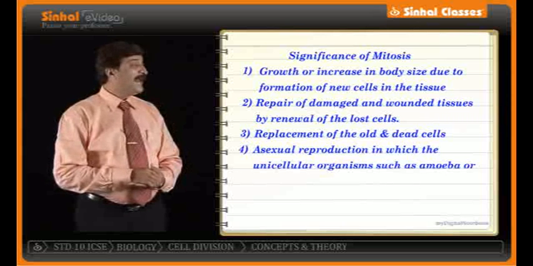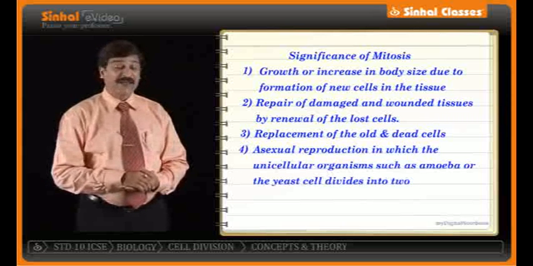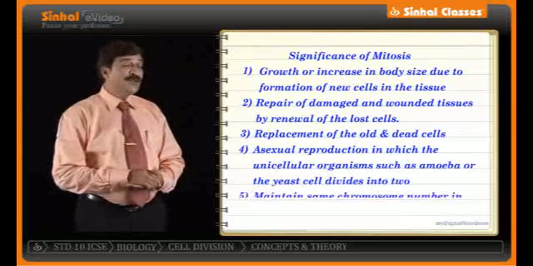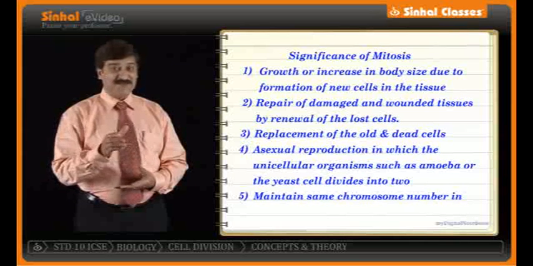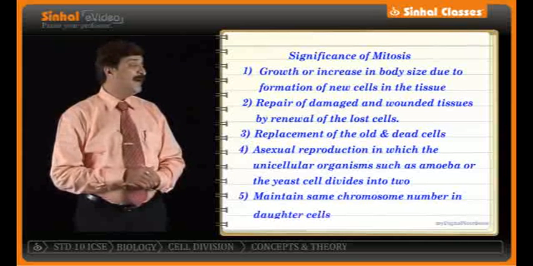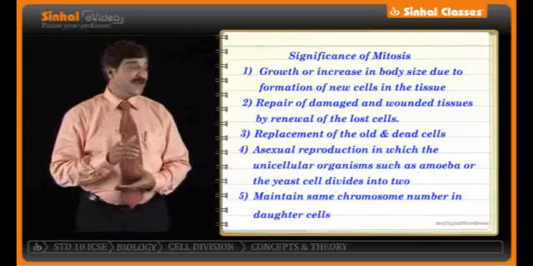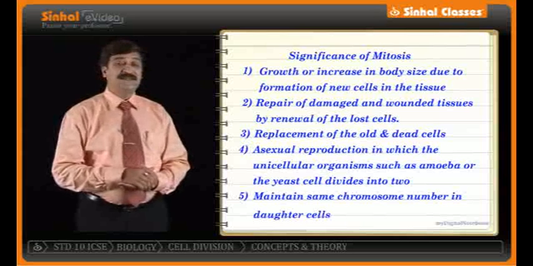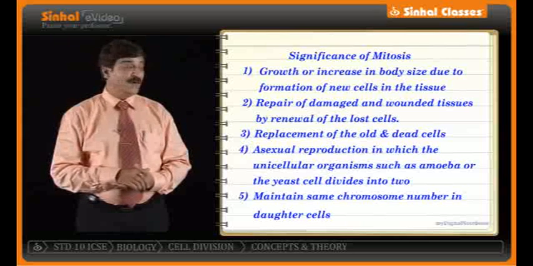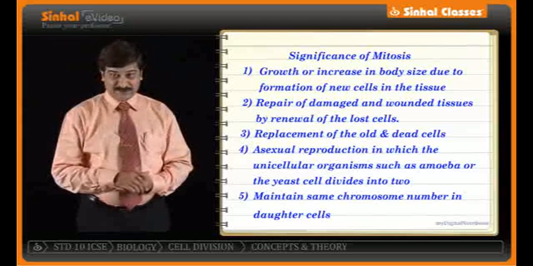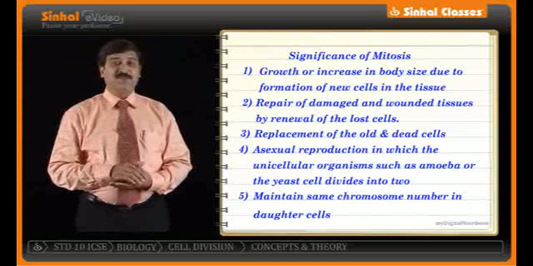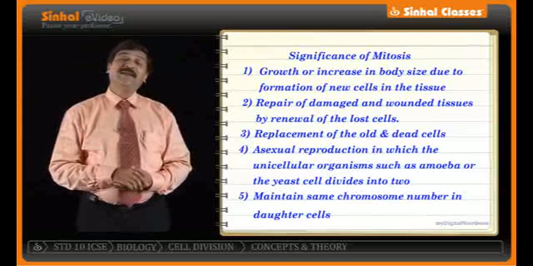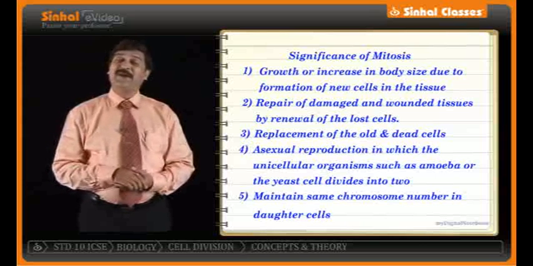Point number 4, asexual reproduction, in which unicellular organisms such as amoeba or yeast divide into two. Fifth one, it maintains the same chromosome number in the daughter cells. At this point, you should remember that the number of cells that are present in the parent cells